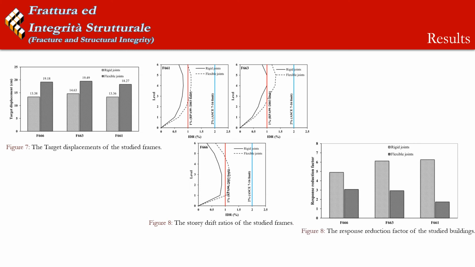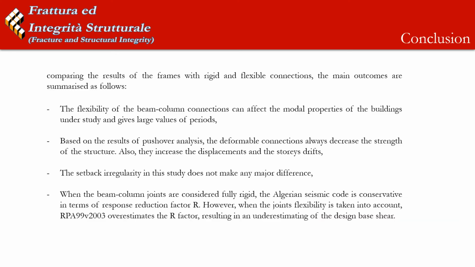In our study, the response reduction factor is also calculated. As we can see, this factor decreases significantly when the joints are considered flexible. Comparing the results of the frames with rigid and flexible connections, the main outcomes are summarized as follows. The flexibility of the beam column connections can affect the modal properties of the buildings under study